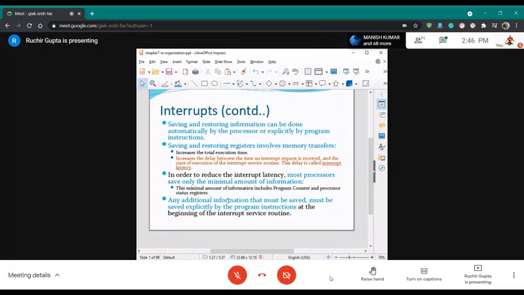उसके अलावा आप सारे रजिस्टर सेव करेंगे कि आप खाली वो जनरल पर्पस रजिस्टर सेव करेंगे, ये एक पॉसिबिलिटी हो सकती है। तो आपके रजिस्टर्स कौन से यूज हो रहे हैं खाली वो सेव करना, ये एक पॉसिबिलिटी हो सकती है। लेकिन ये जो स्टेटस रजिस्टर और प्रोग्राम काउंटर है ये तो आपको सेव करने ही पड़ेंगे। फाइन? यस सर।